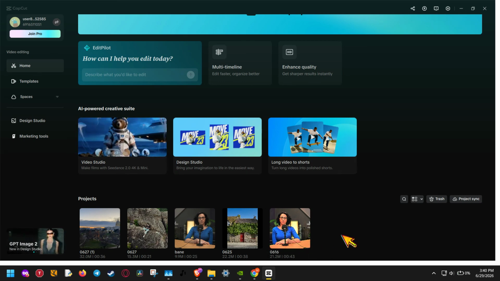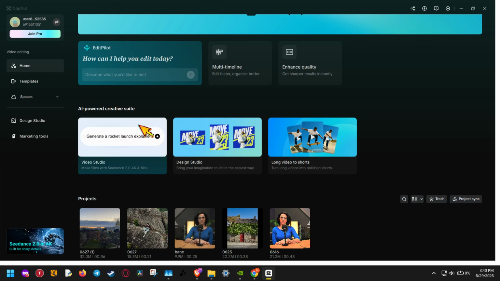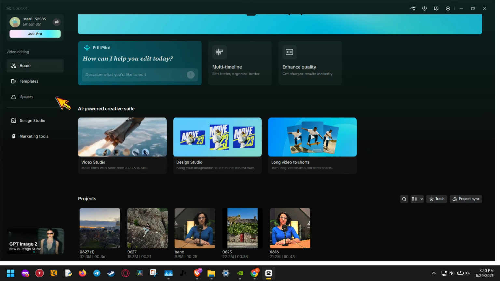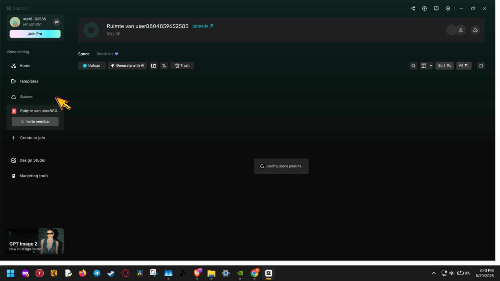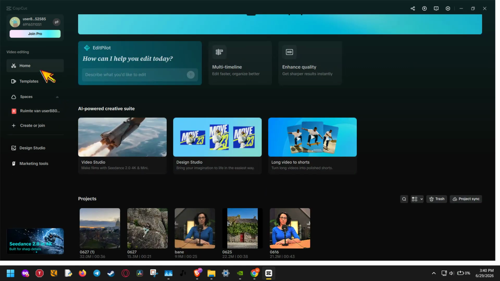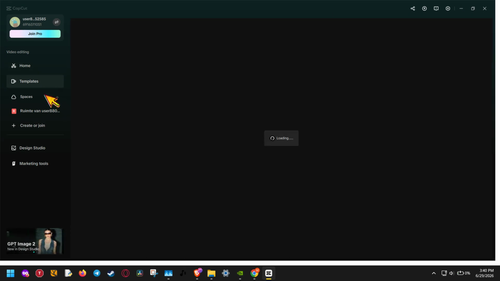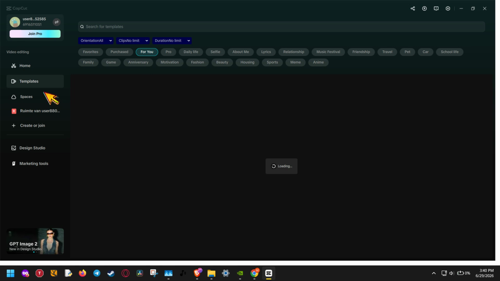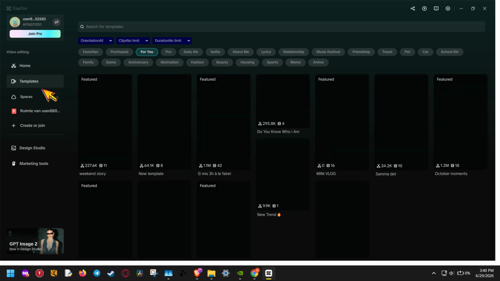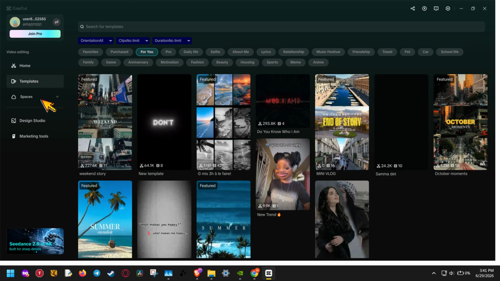To check this, go to the bottom left sidebar on the CapCut homepage and click Space or My Space. Once you're inside, browse through the Media, Projects, or Materials tabs depending on what you've stored there. Find anything you no longer need, select it, click the three dots, and choose Delete. This helps clean up your cloud storage so you're not holding onto old files you'll never use again. It's a good idea to review this section carefully before deleting anything, especially if you've backed up important clips or